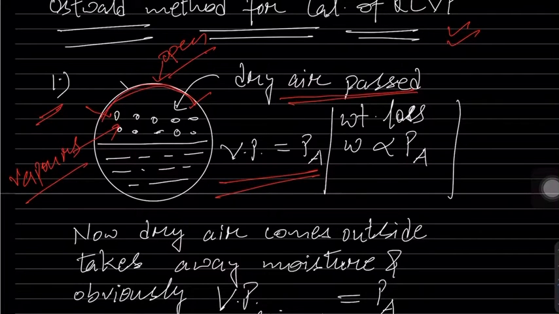So obviously there is a weight loss. Continuously the water level decreases in the cooler, so you have to fill it again. So what is the purpose of dry air? The dry air takes the weight of the vapors, or you can say the vapors along with it. More the vapor pressure, more will be the weight loss. So weight loss is directly proportional. Less will be the vapor pressure, lesser will be the weight loss. More the vapor pressure, more will be the weight loss. So this is the concept number 1. Concept number 1 says that weight loss is directly proportional to the vapor pressure.